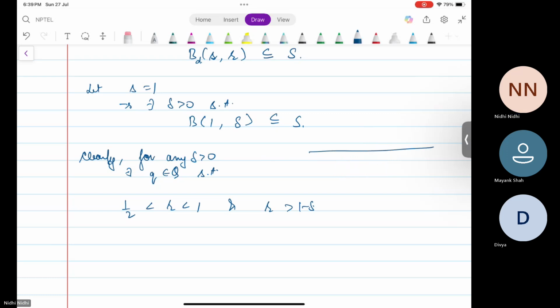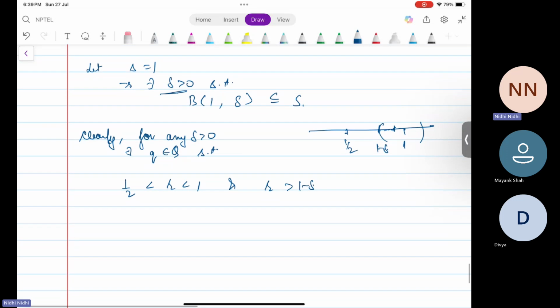So this is 1 by 2, this is 1. So I'm taking delta. Whatever the delta is, we don't know the value of this delta. We know that just one such delta exists. Whatever small delta this is, I can find a rational number which is strictly less than 1 and greater than 1 minus delta as well. So that means